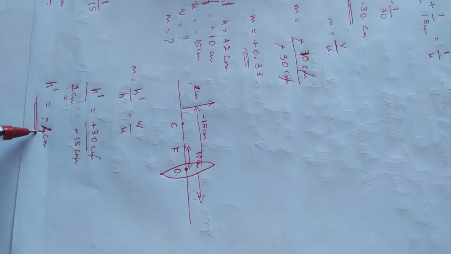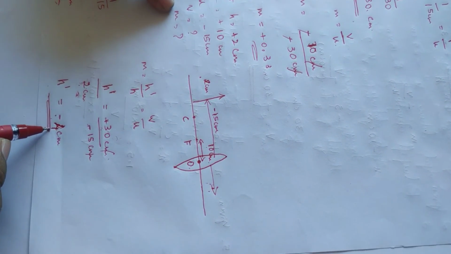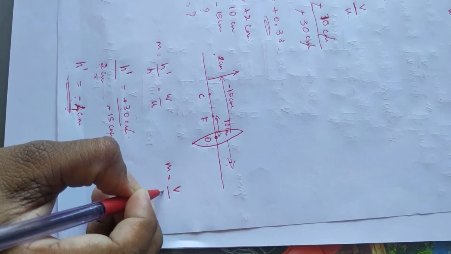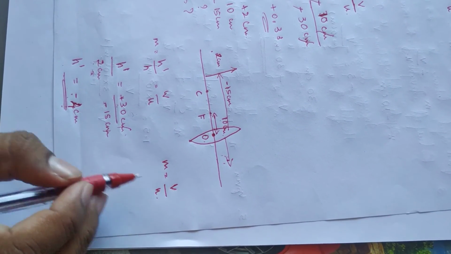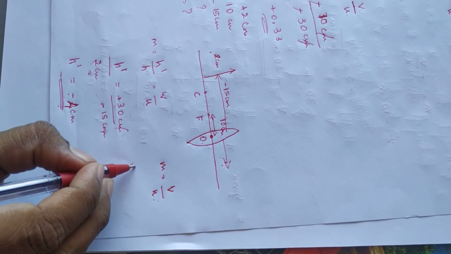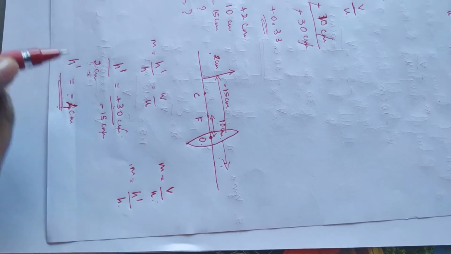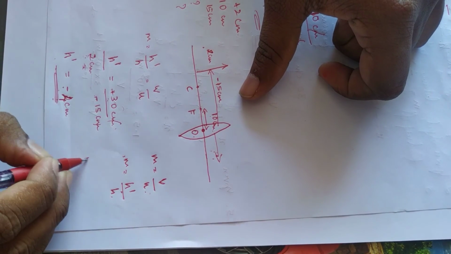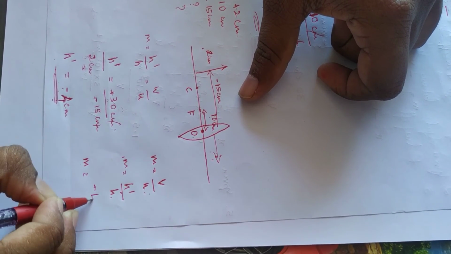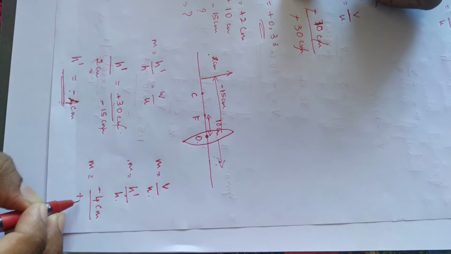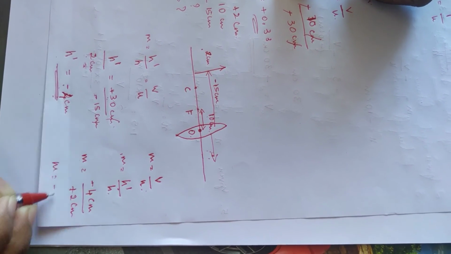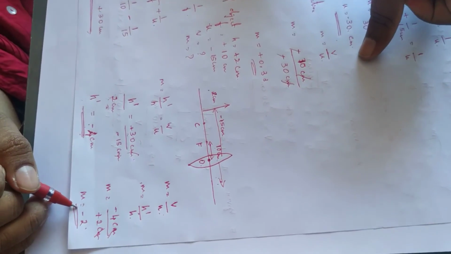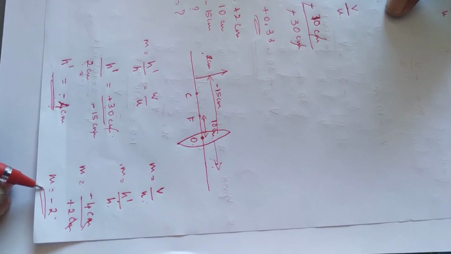Now our work is to find m, right? So magnification m is equal to v by u. Either this you can use or you can use h dash by h, which is better for you. I'll use m is equal to h dash by h. M is equal to h dash, which is minus 4 centimeter, and h is plus 2 centimeter. So we'll remain with m is equal to minus 2. The centimeter cancels. Therefore magnification is minus 2. The negative sign indicates it is a real image.